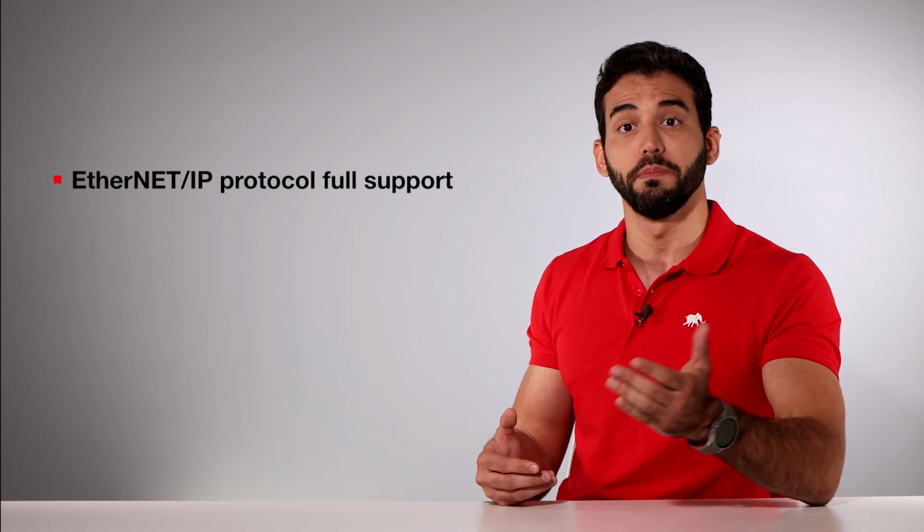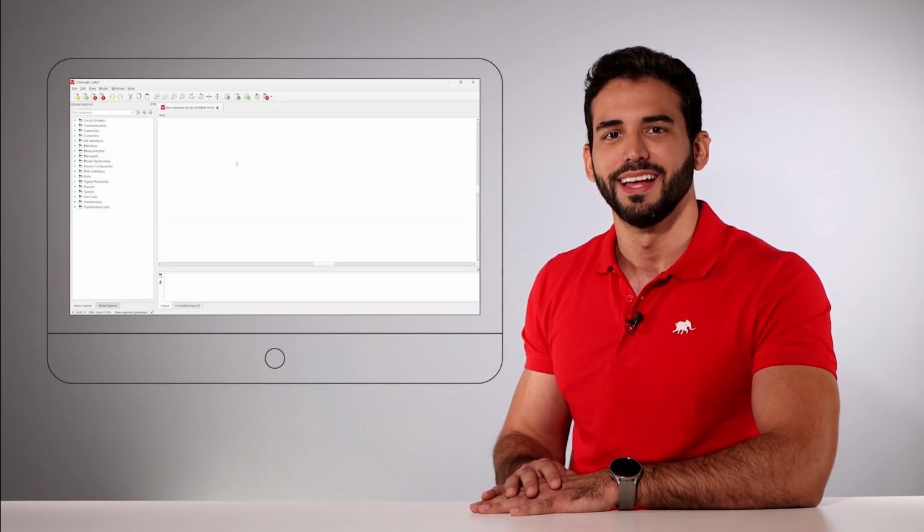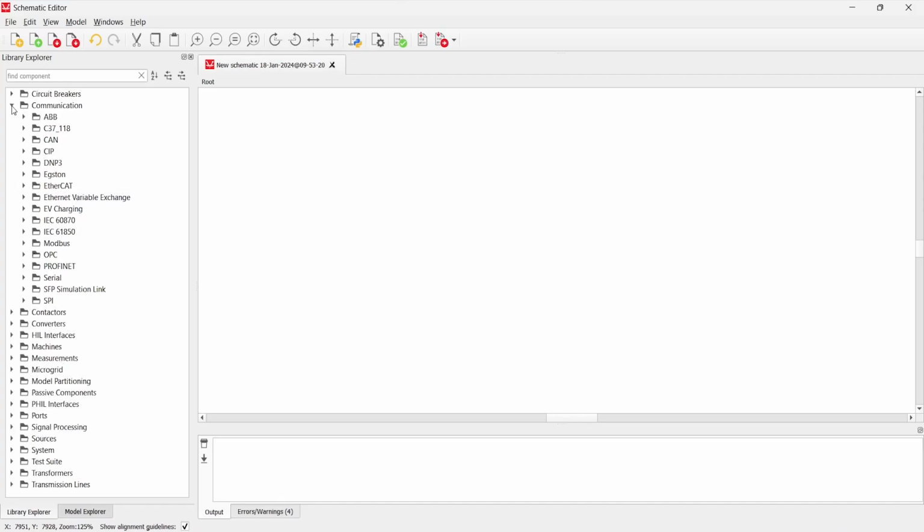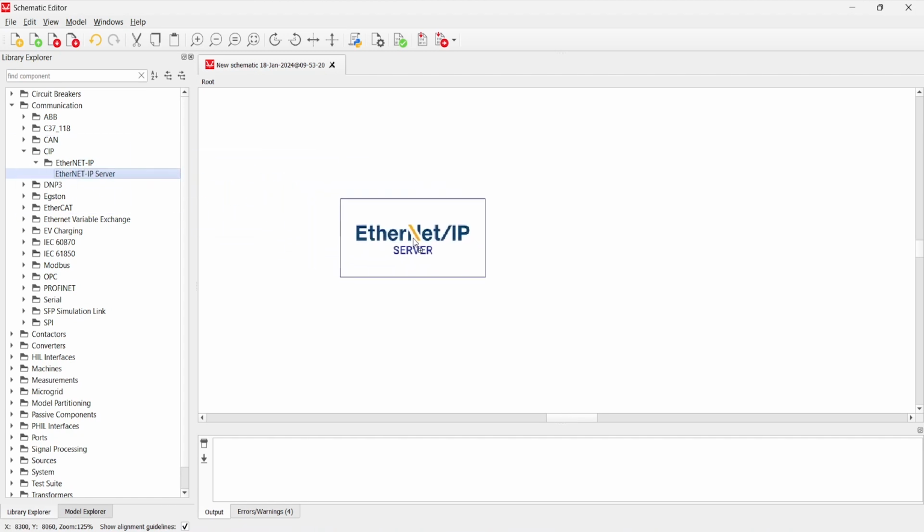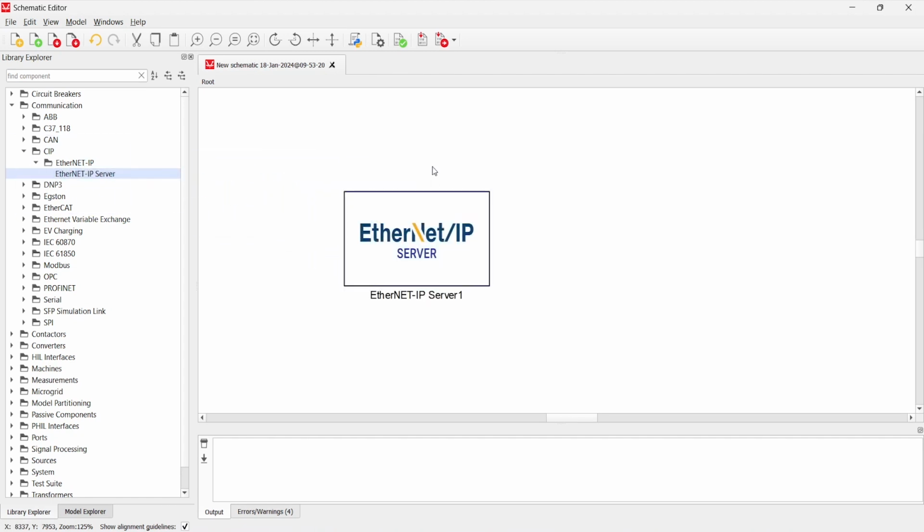In our last release, we introduced a demo version of EtherNet/IP, and now we are excited to announce that we are offering full support for EtherNet/IP server, which includes the support for implicit message transfer and explicit message transfer. The EtherNet/IP server component can be found in Library Explorer by navigating to the Communication folder under the CIP folder.